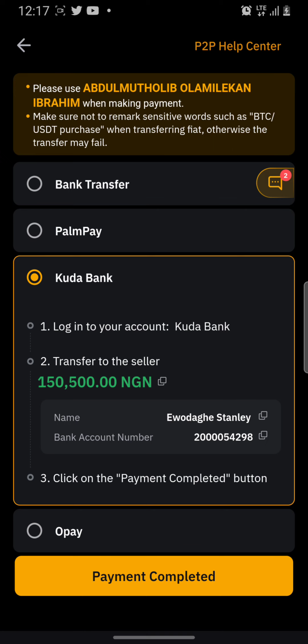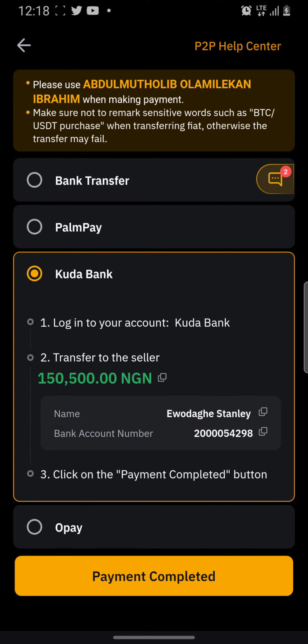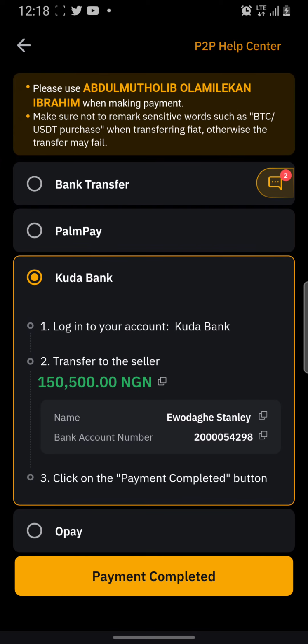So I'm paying to this account. This is the bank details, the person details. Yeah, the person details. So this seller is also using Kuda, and I'm also using Kuda, which is so nice. So the next thing you need to do is go to your Kuda account and